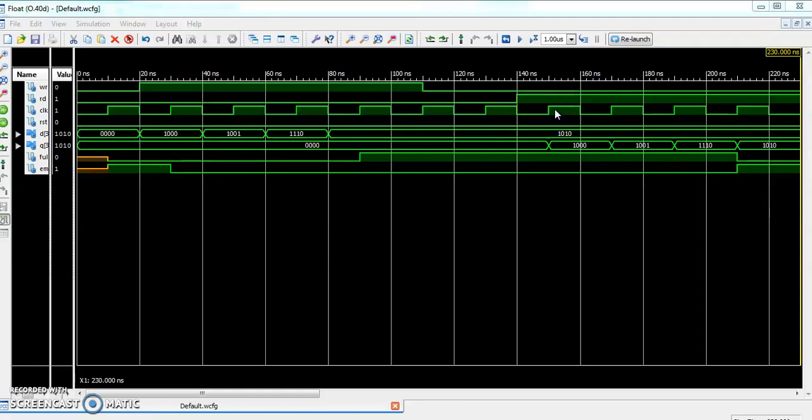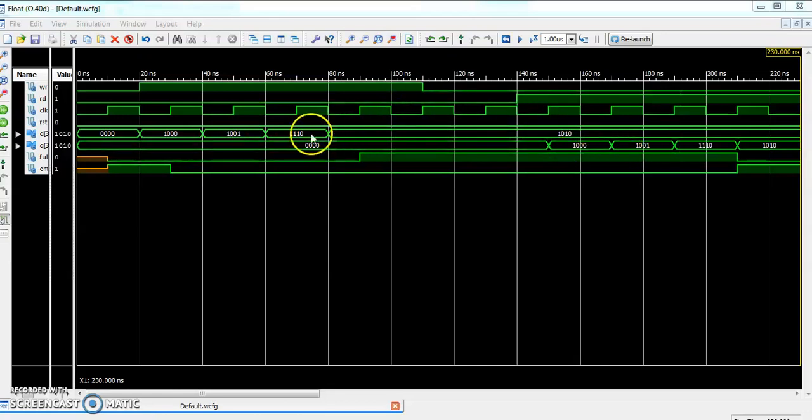output which is equal to the input in FIFO manner, which means the input we have given first will come out first. So the first input is 1000, the first output is 1000, the next input is 1001, so the next output is 1001, and so on.